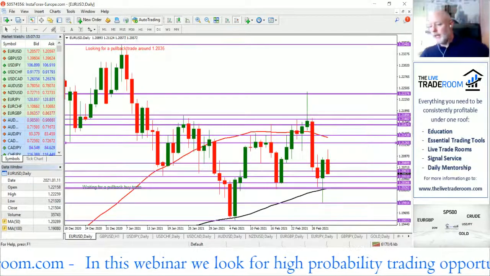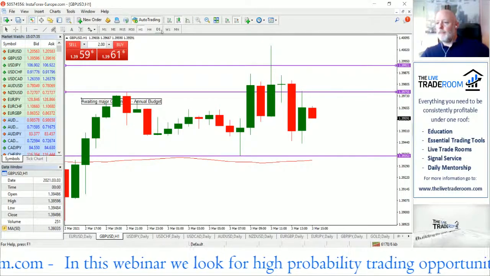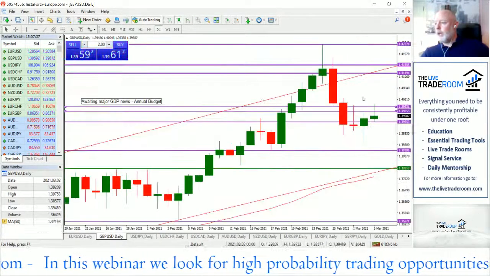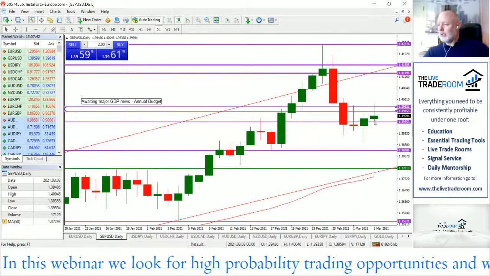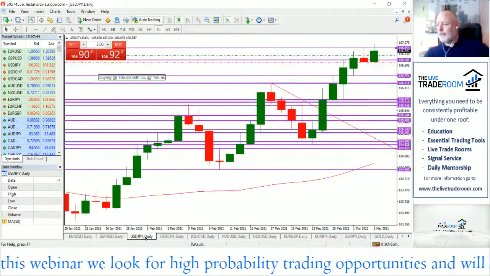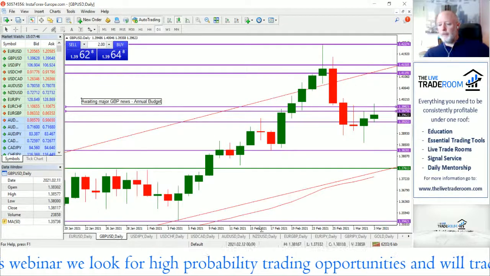So the dollar's strengthening against the euro. It looks like we've just bounced off these highs as well. So there's a bit of softening creeping in there. In fact, just regarding this UK budget,